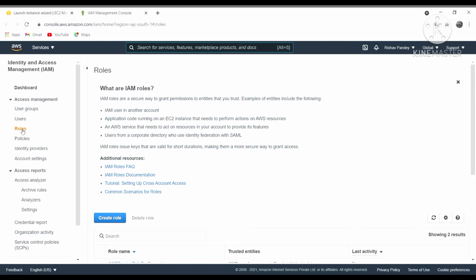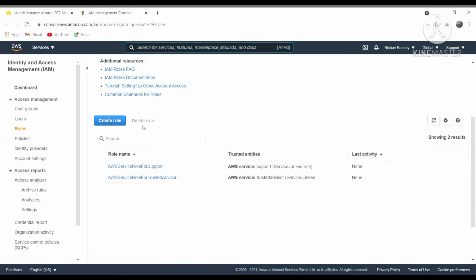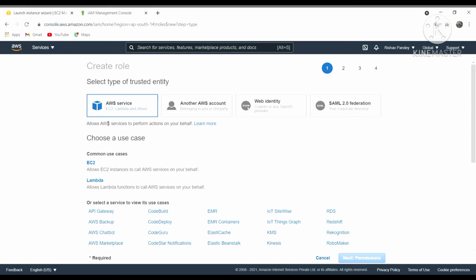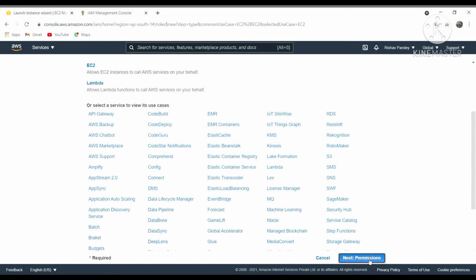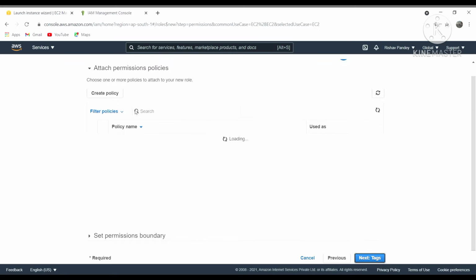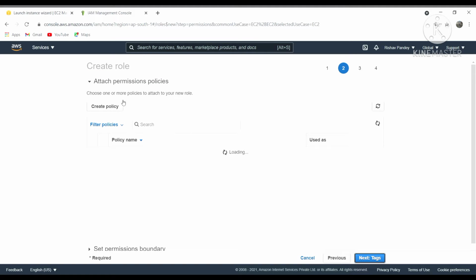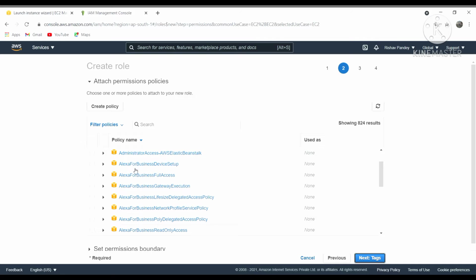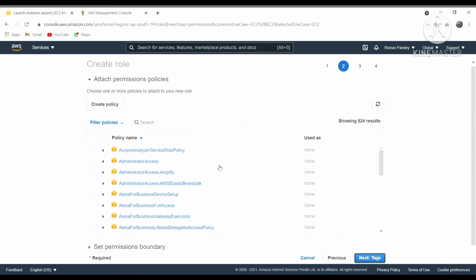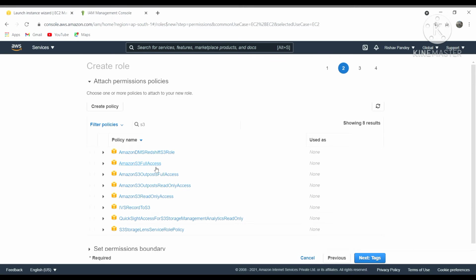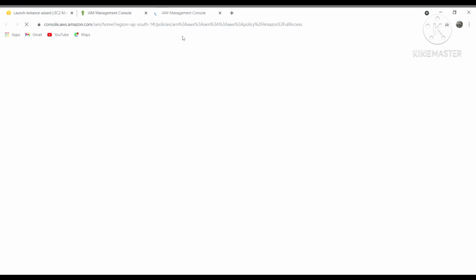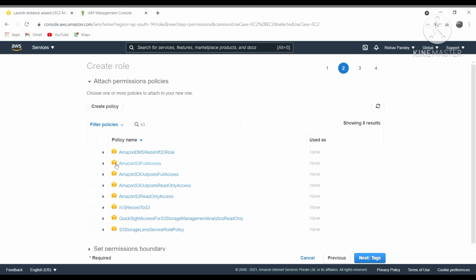Once you come here, you have to go to the roles, and you have to create a new role so that AWS EC2 will get access to whatever the things which are present in the bucket of AWS S3. So you have to select EC2 here and take next permissions. Now you have to take the full access of S3. Right here, S3, you will get this Amazon S3 full access. Select this,